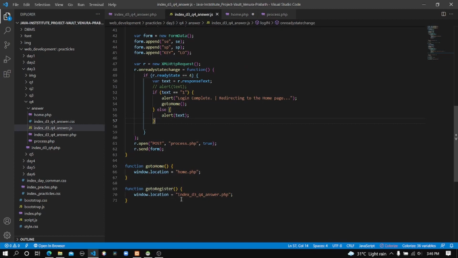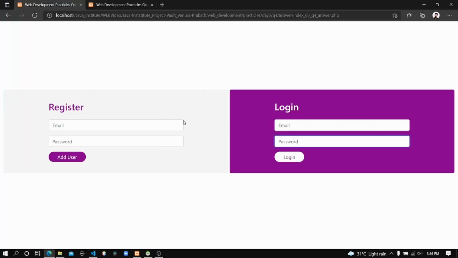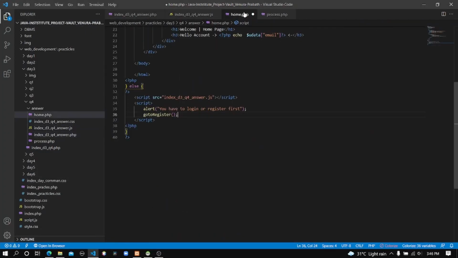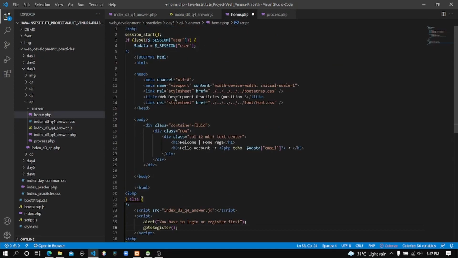Go to register means it will redirect the user to the index.php file. That means this page, it will redirect the user to this page, and that's the process which will execute when the user is not logged into the system and tries to directly access this home page.